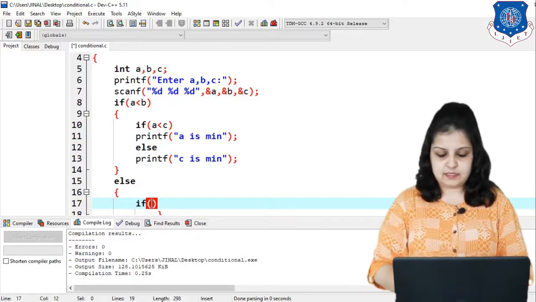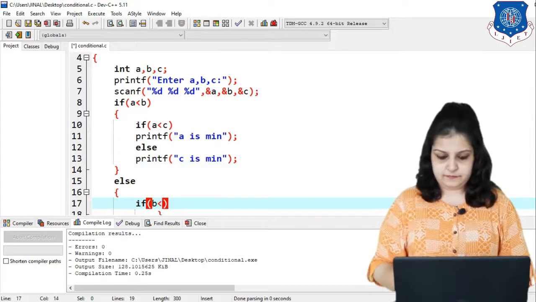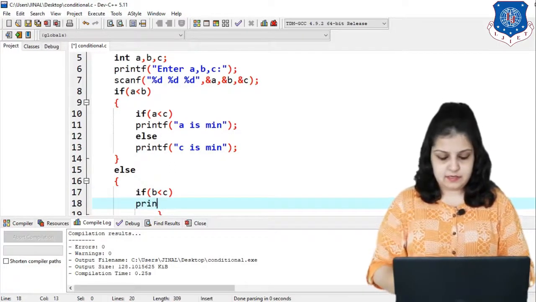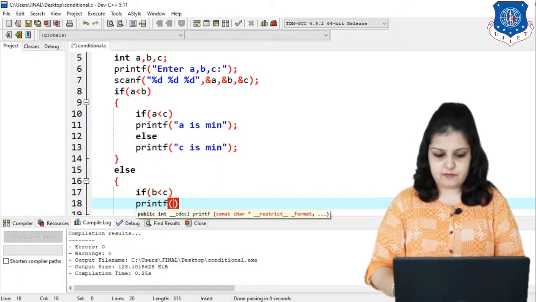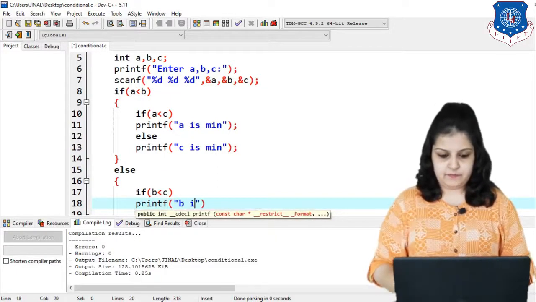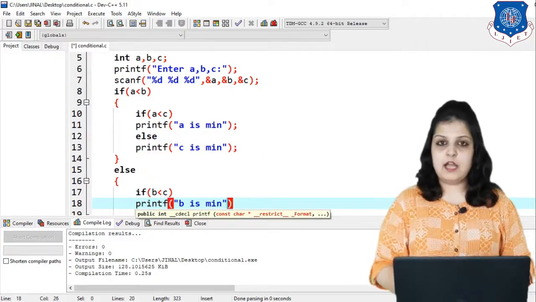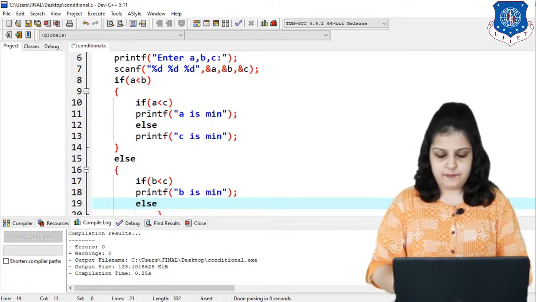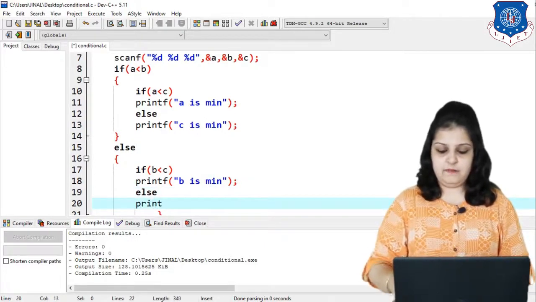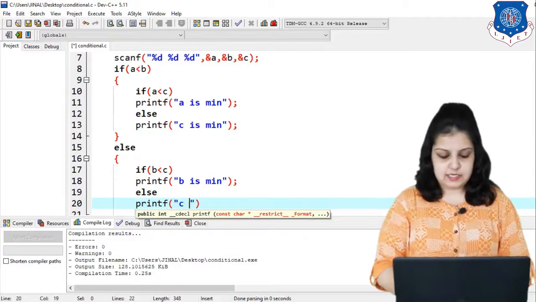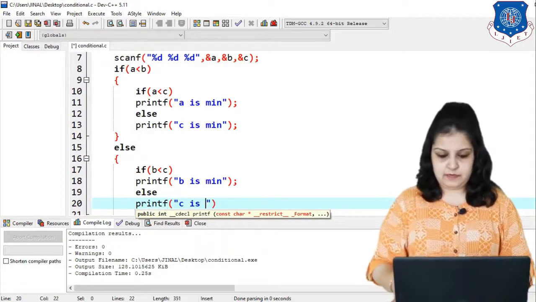So in else again write the condition that B less than C. If yes, then printf "B is min", and in else, if B is not min, then in this case C is min.